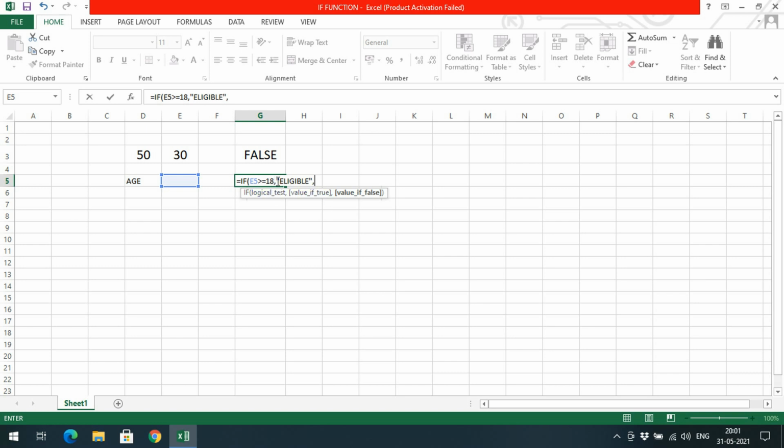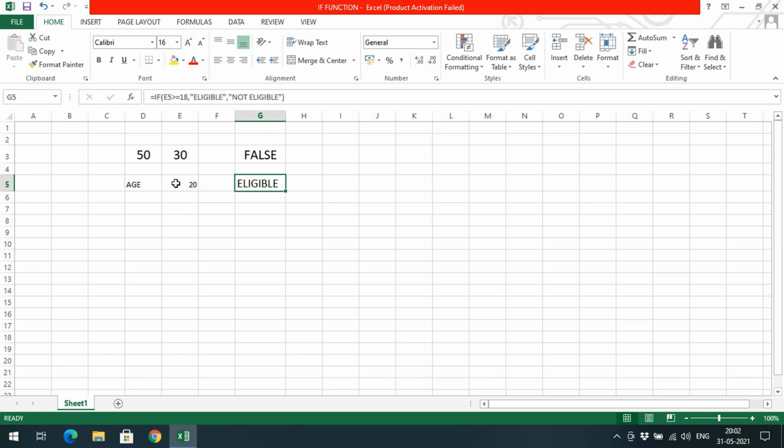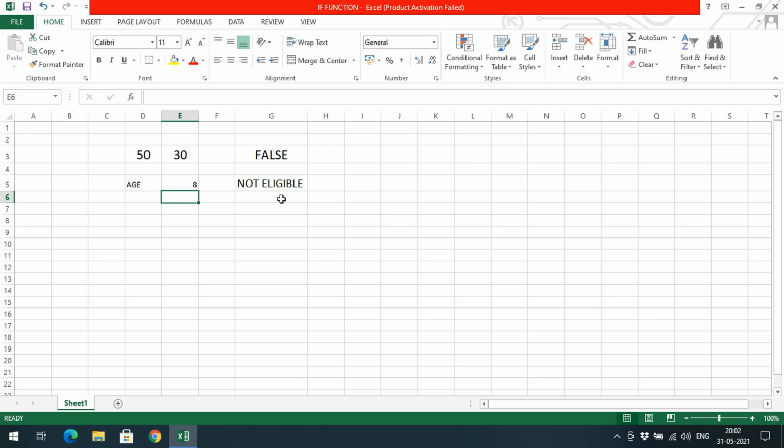If the condition becomes true, what should be printed should be given here. And again here, not eligible, this is the value for false. Now I will give 20, so automatically you will get the result as eligible, right? If you change it to 8, it will give us not eligible, right?